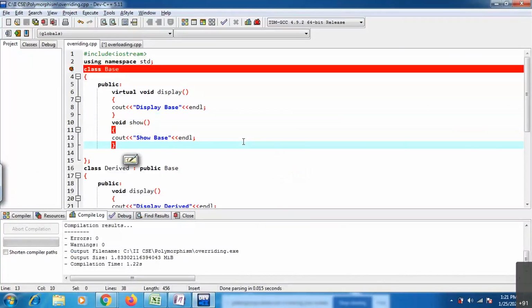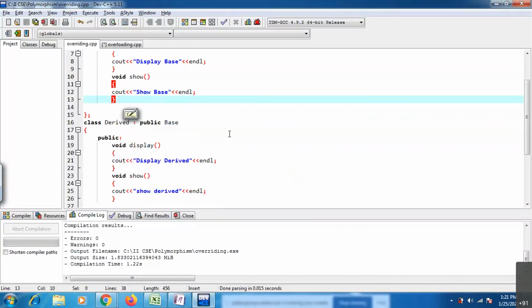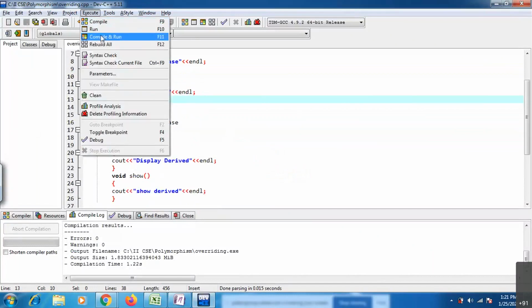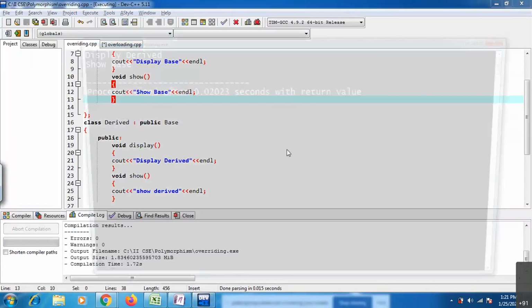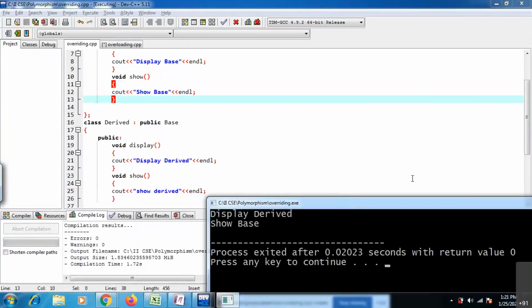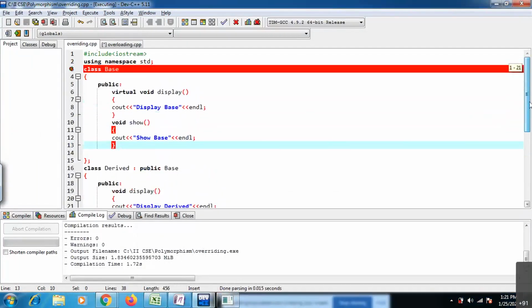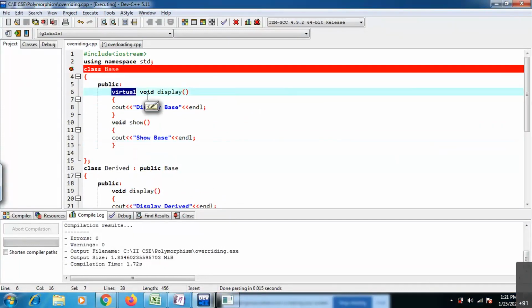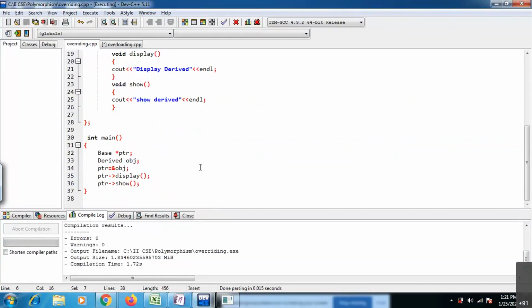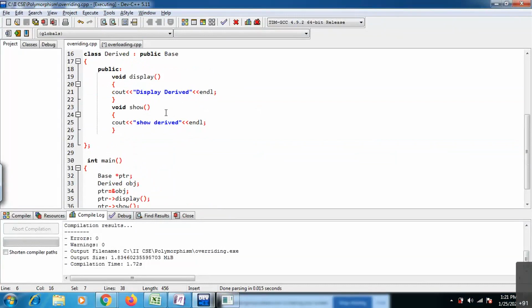Now observe this thing. In the previous case, if I remove this virtual, you are able to access only base class members. By using object reference you are able to access only derived class members.